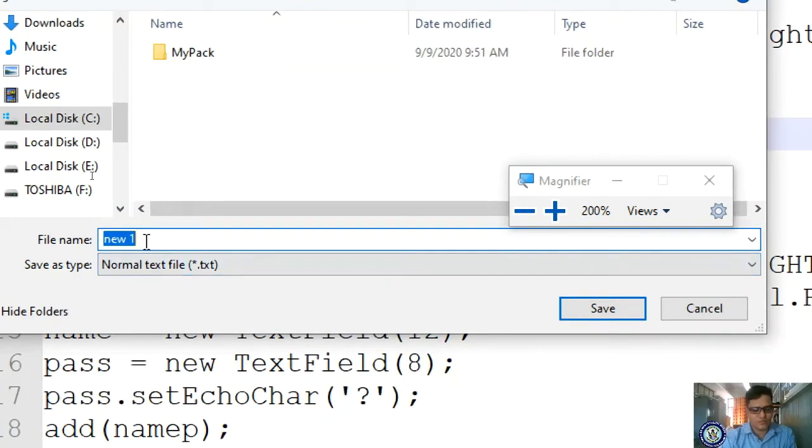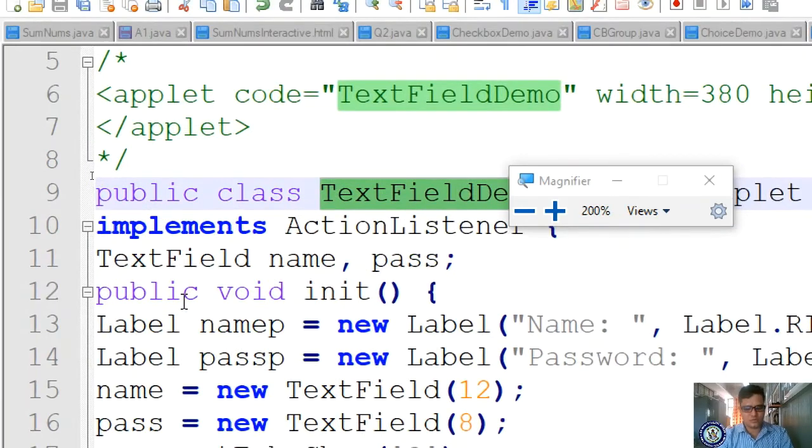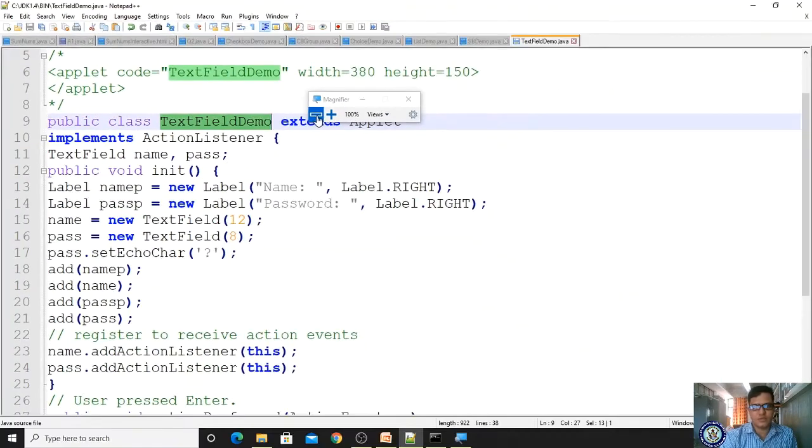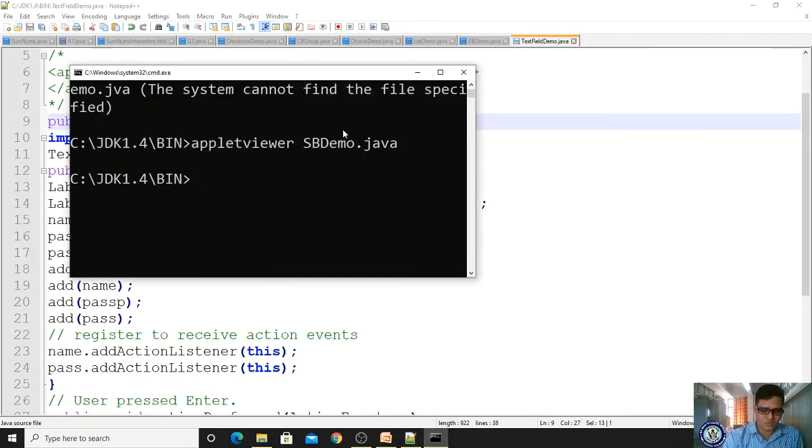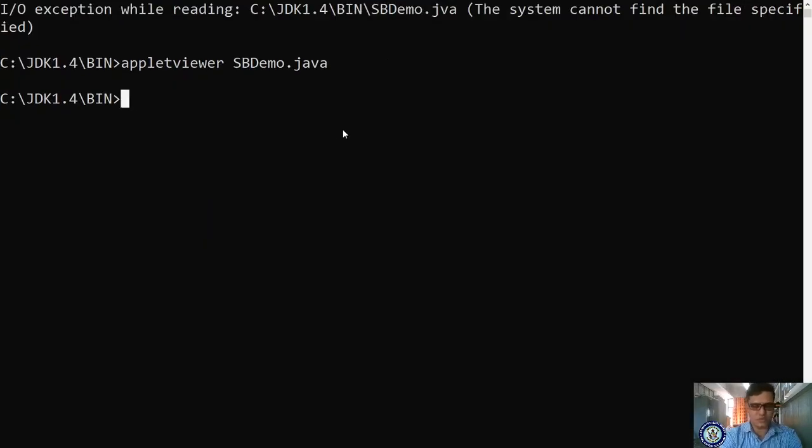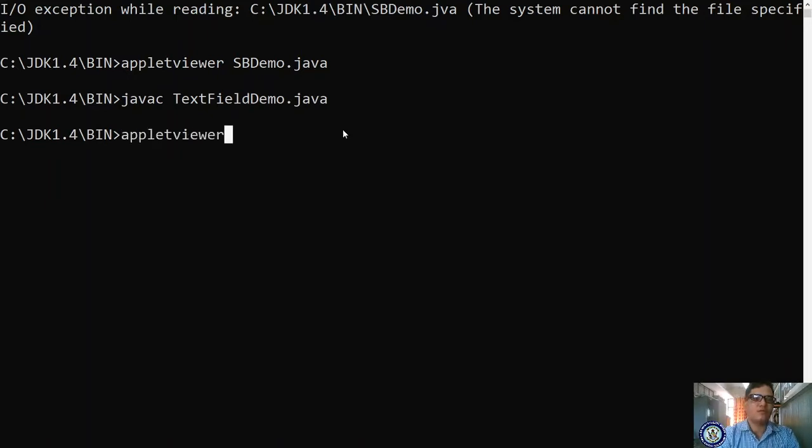Afterwards reduce it and close it if required. Already we are in our folder. Now compile our program: javac TextFieldDemo dot java. There is no error. Let us run our program: appletviewer TextFieldDemo dot java.